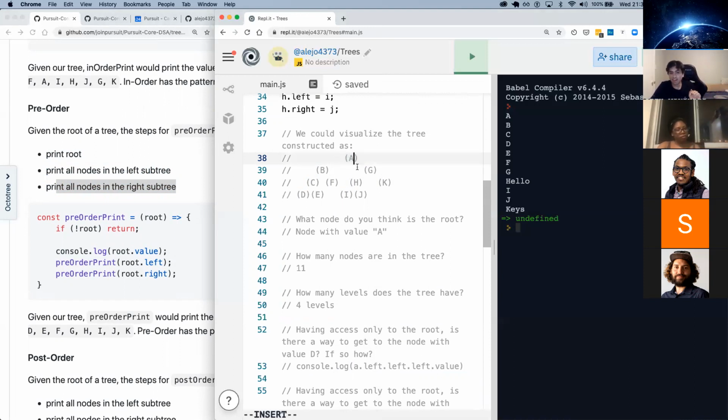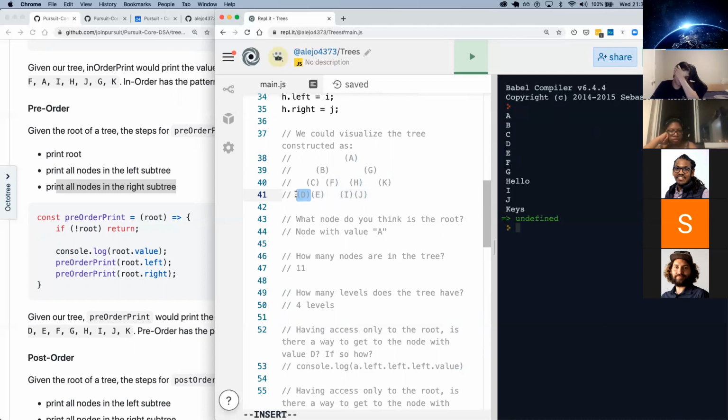So that means that B must be printed before J or K gets printed. We do A, then B, because we're going on the left of A first. Then on B, we go on the left of B, which is C. Then on C, we go to the left of C, which is D, and then we see A, B, C, D. Now from there, the question is, how does it go to E after having gone down here?